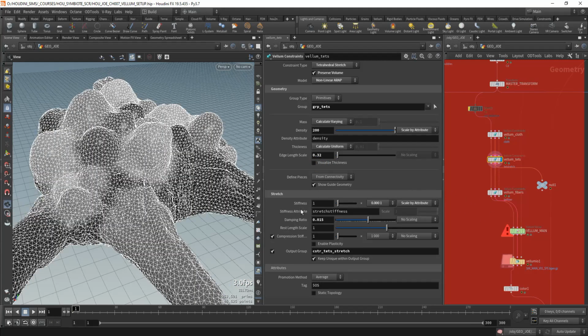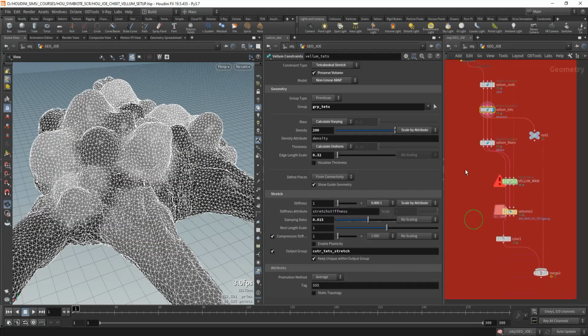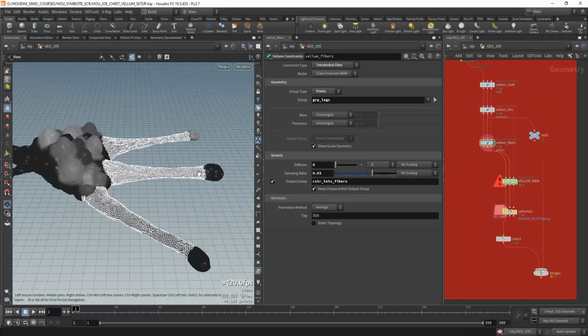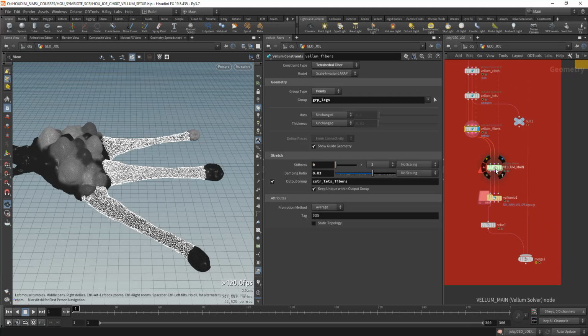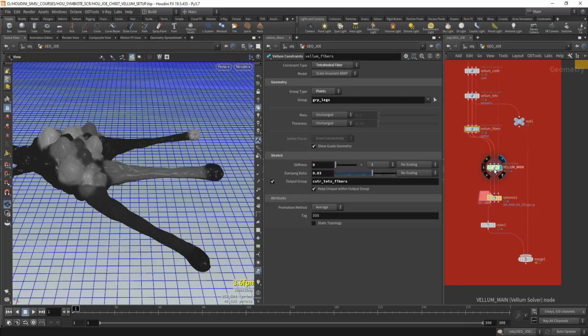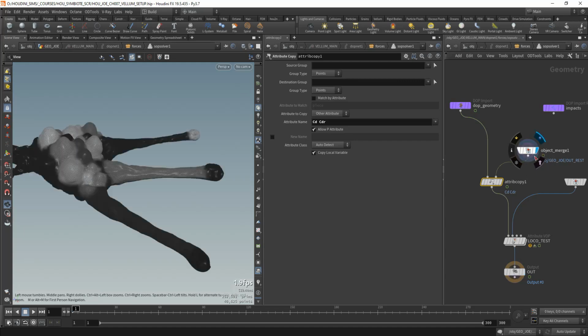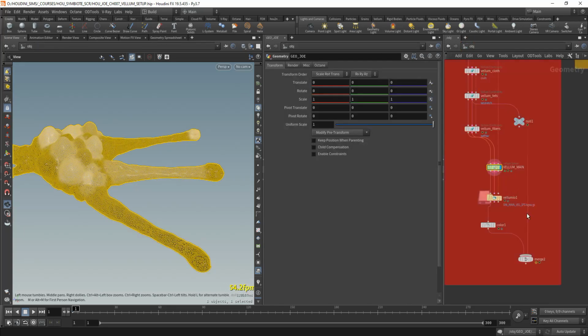And then, same with the stretch stiffness. We multiplied it by the stretch stiffness attribute. Then for the fibers, we applied the TET fiber constraints only on the group called GRP legs, which is a point attribute, point group, and the stiffness was set to 0 because it's going to be controlled inside the Vellum solver. So inside the Vellum solver, we created a subsolver, inside of which we're importing our rest geometry, which is